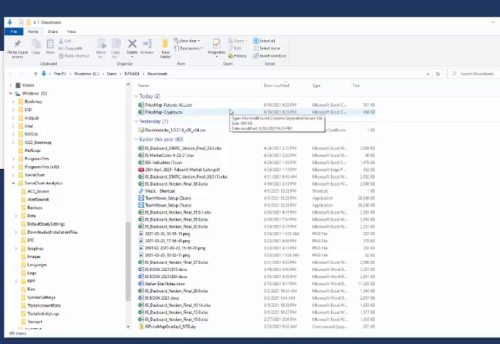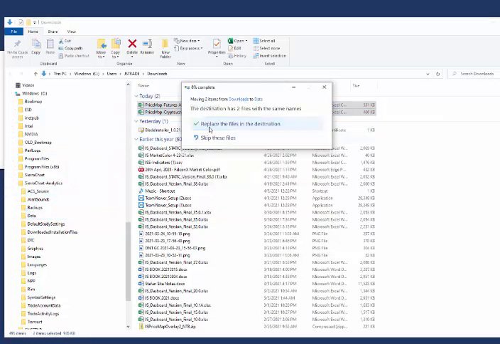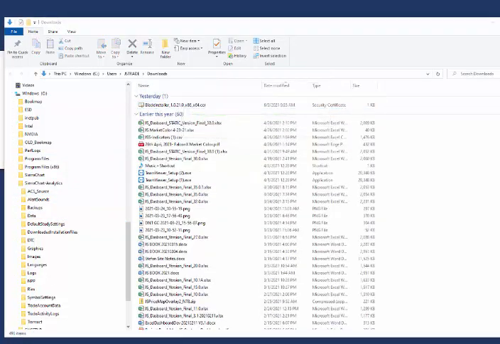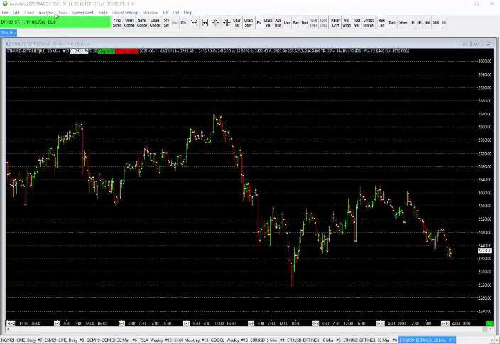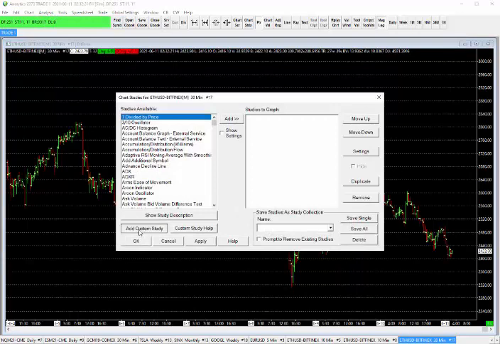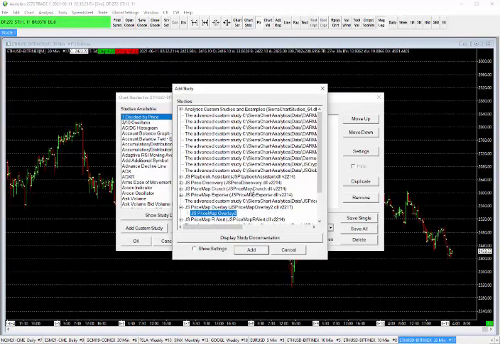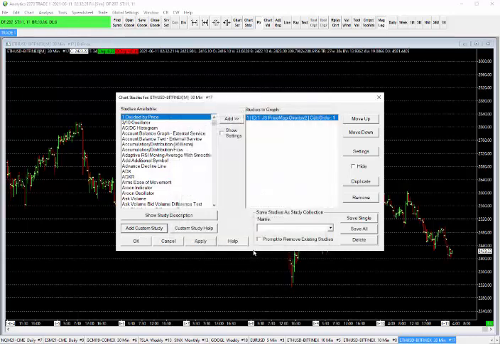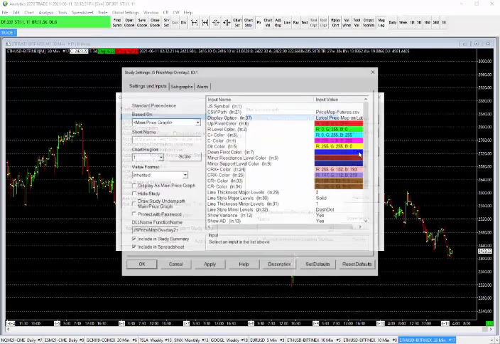If you haven't already done so, you want to copy in your data files that the chart overlay is going to read, and you put those in the data directory as well. You'll open up a chart and you go to Analysis, Studies, and you go to Add Custom Studies. And then you may have other DLLs that you have access to, so you'll find the PriceMap overlay and you'll add it. Then you go to Settings,